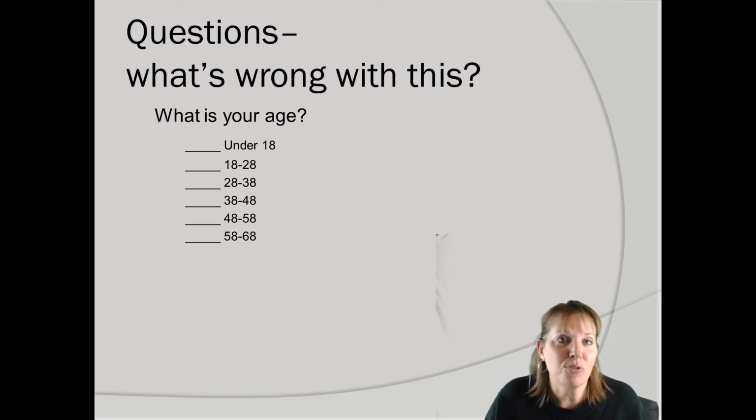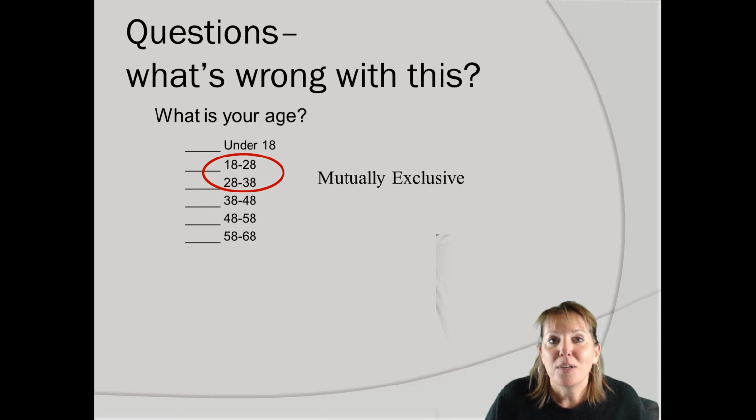There's actually 2 things wrong with this, and only 1 thing did I suggest to you a little earlier. And the one issue is what we call mutually exclusive. If I was 28 years old, I would have 2 places to check, and you then would have data that you wouldn't know how to analyze because you don't know really what category I belonged in. So you want to be careful of no overlap